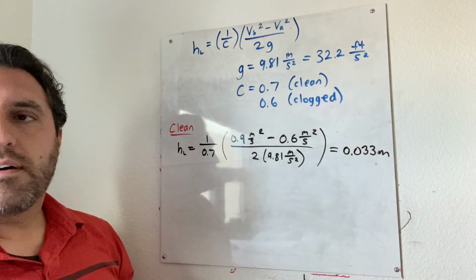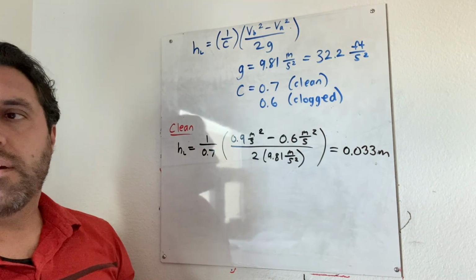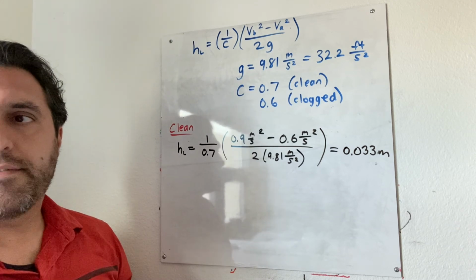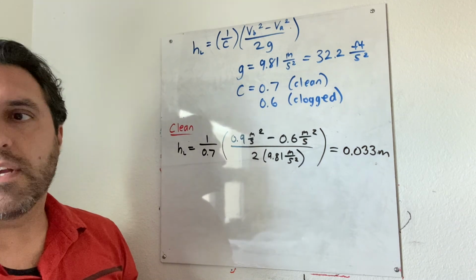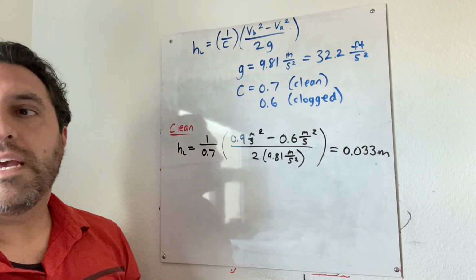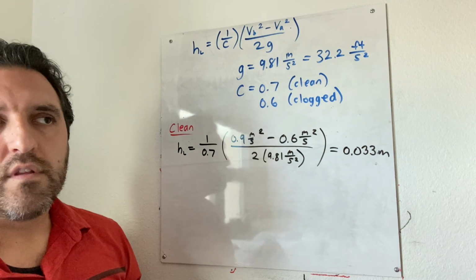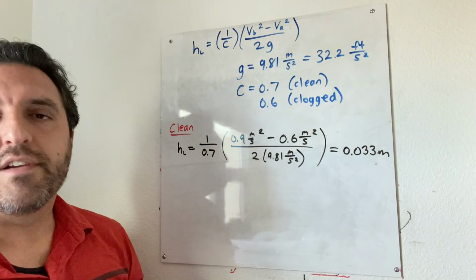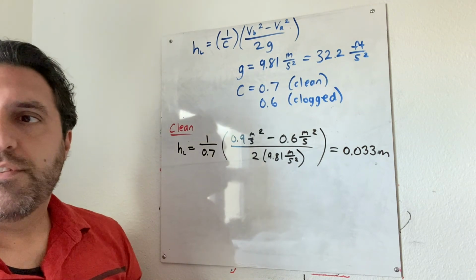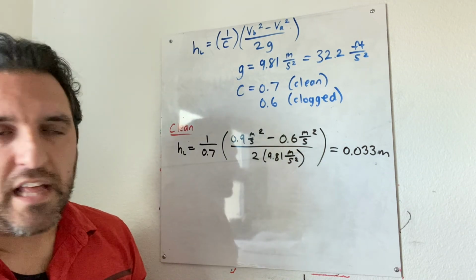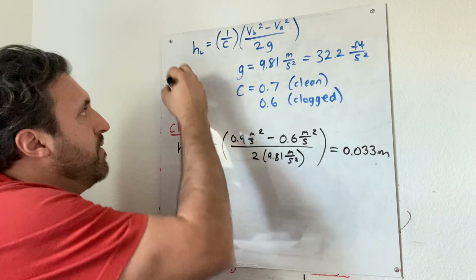The next part of this example is to estimate the head loss through the clogged bar screen. So under this situation, the velocity going through the bar screen is going to increase because the area for the water to flow through has been reduced, and we're told that it's been reduced by 50%. So that means that it's going to double the velocity, right? So if you've got